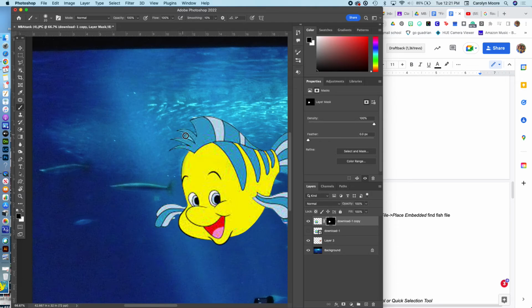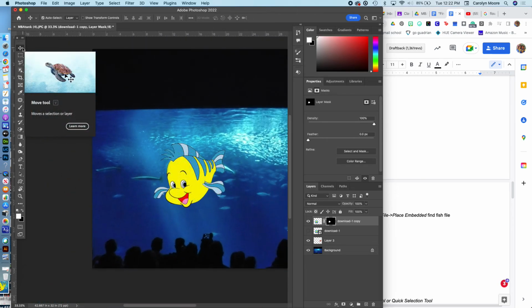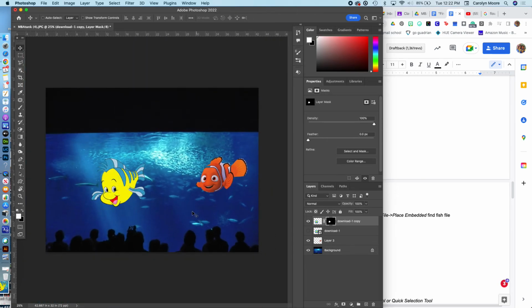That way I can kind of just paint it up, and I'm using an eraser tool without using an eraser tool, which is so great because then you can maybe mess up. Like I might go, oops, wrong. I'm gonna go back and fix that up, right? Okay, so now I have Flounder, and both Flounder and Nemo are on here, but I want them talking to